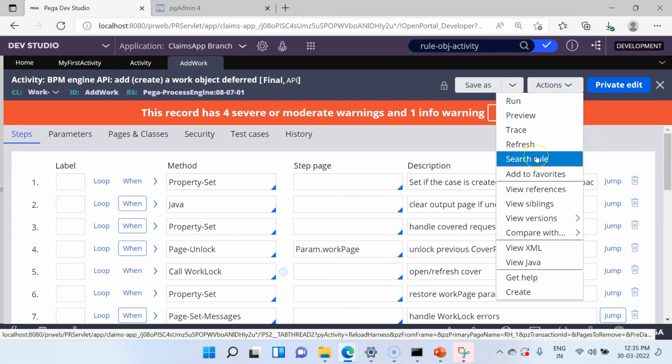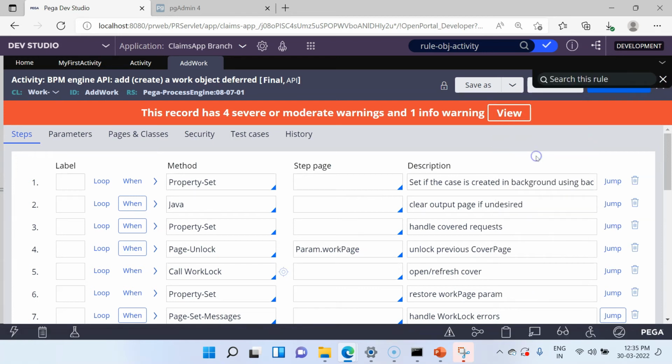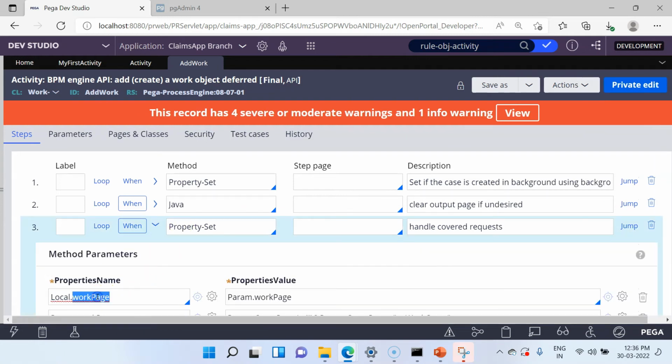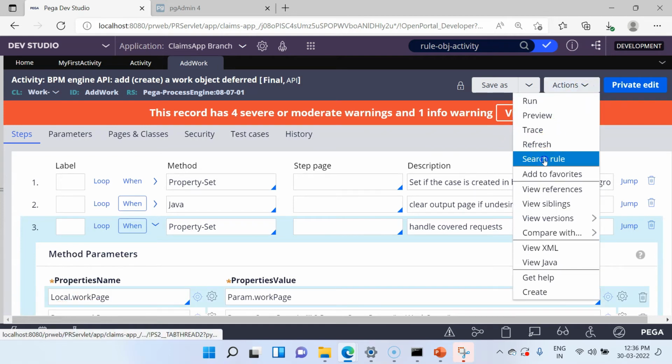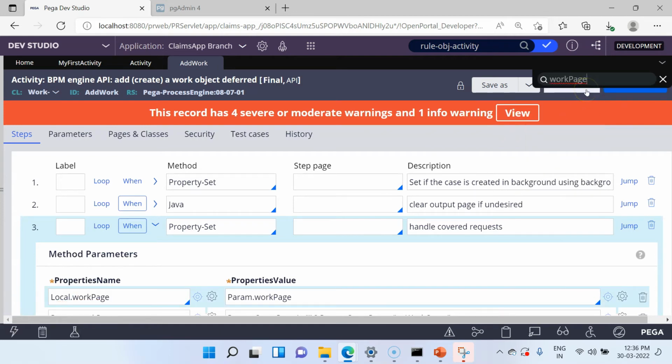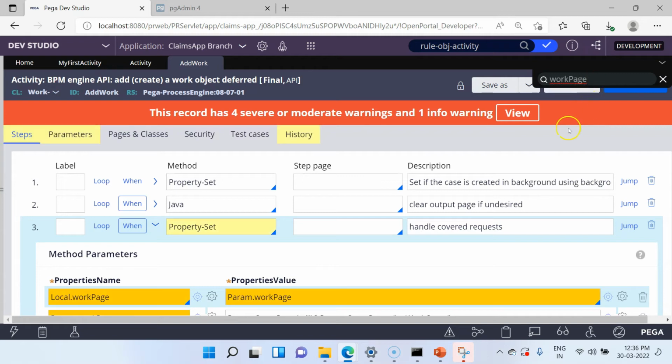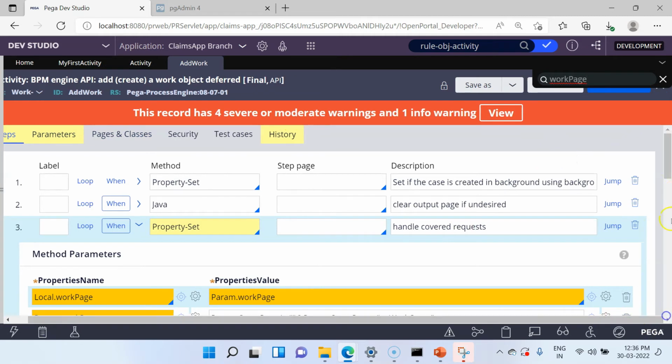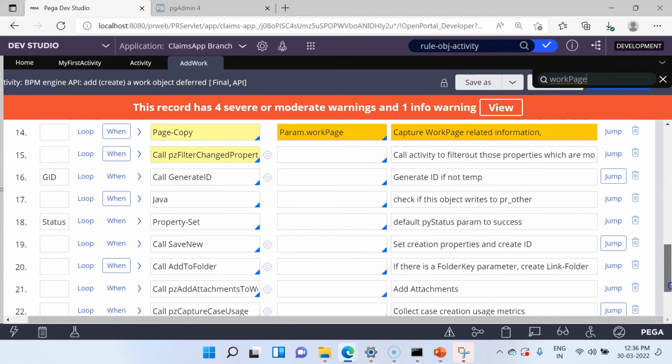And search rule. From search rule you can search on any value or any name on this activity rule. Let's say I want to check on work page. I want to see where all the work page is referenced. So you can say search rule and then click on this. It will show you in steps, parameter and history where the name has been referred, and then you can scroll down to see what are the places we have used